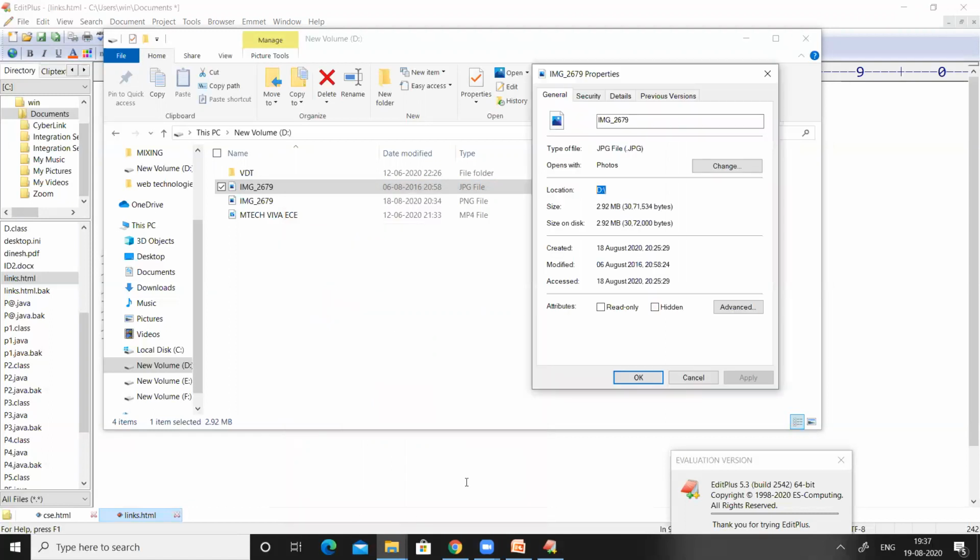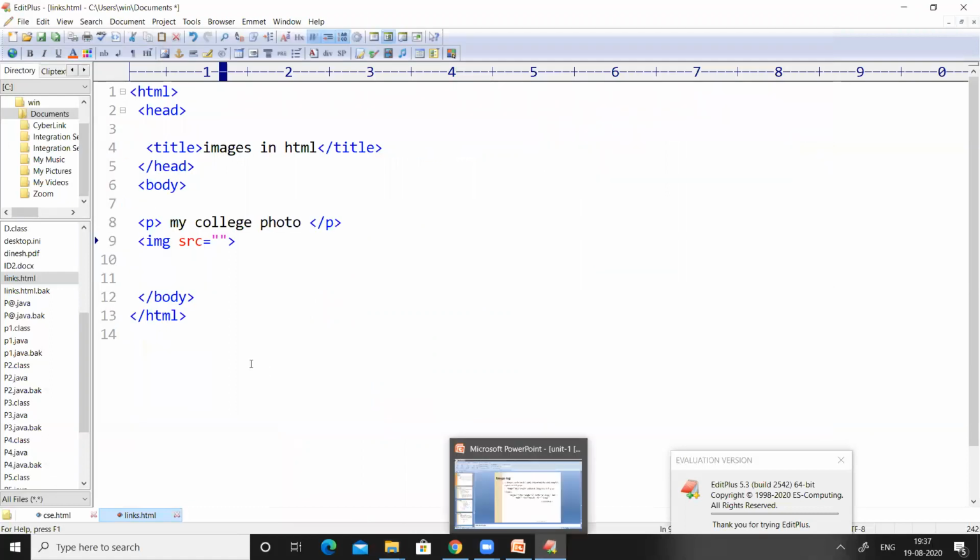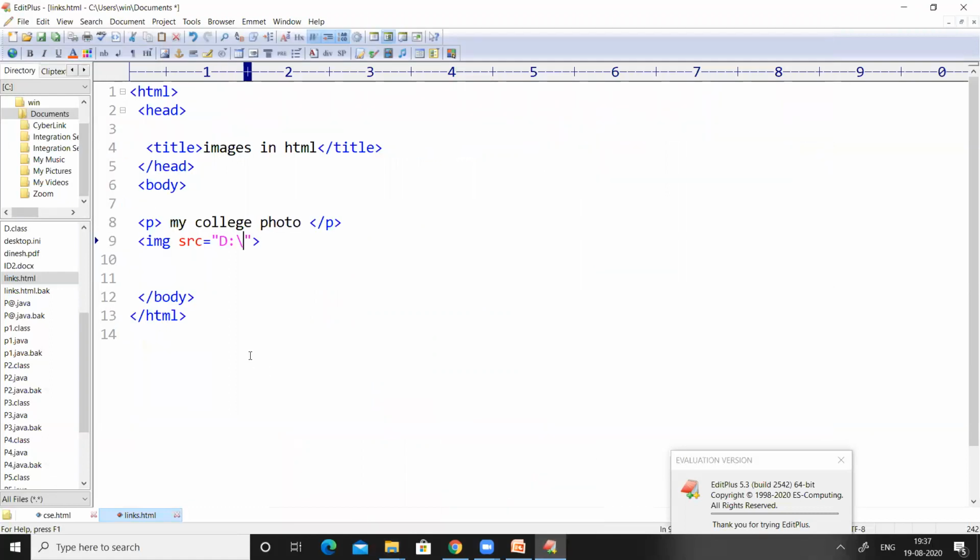So just add all these things to the source. I copied the location and pasted it.